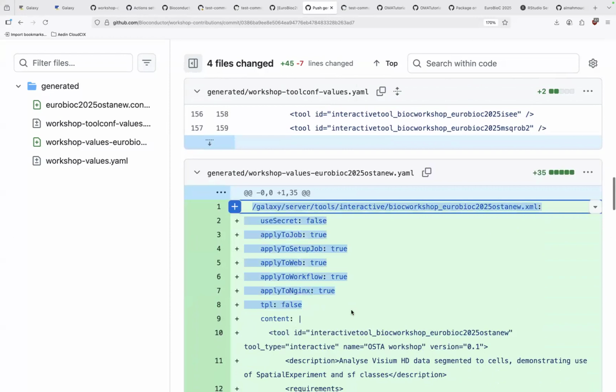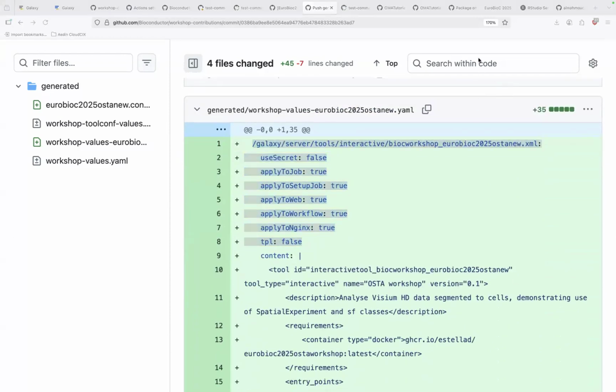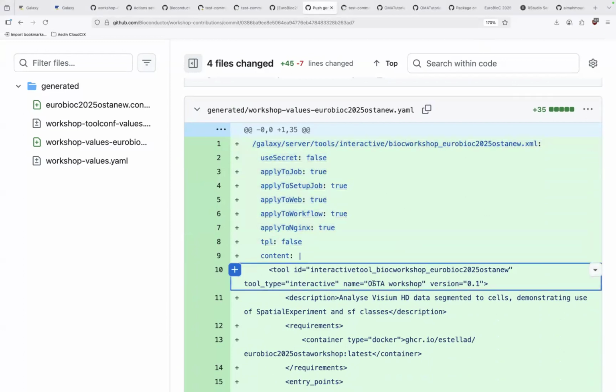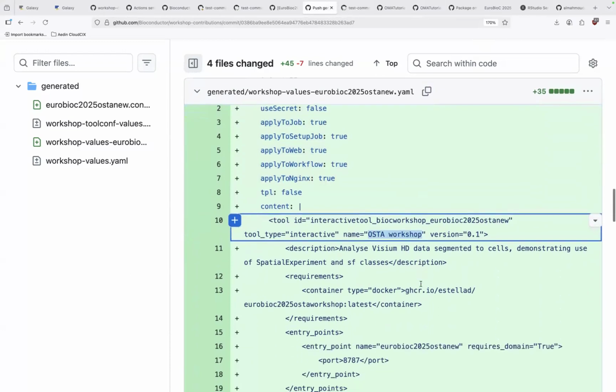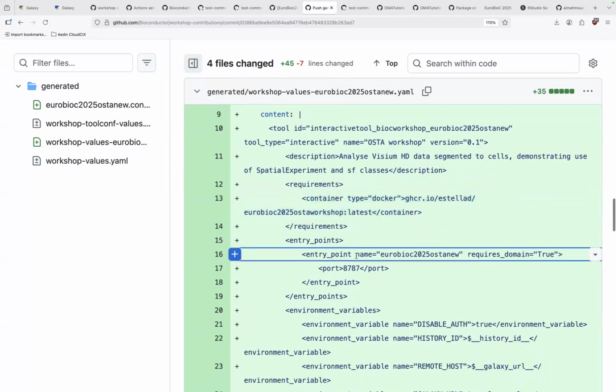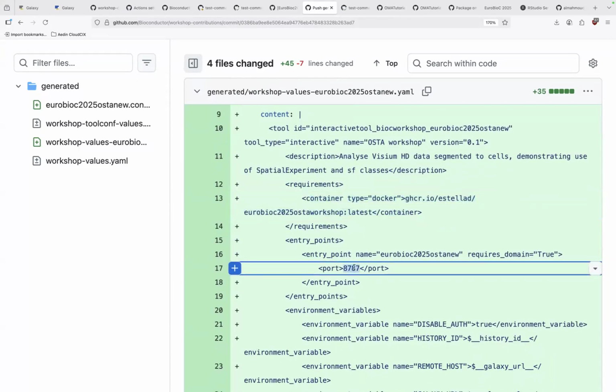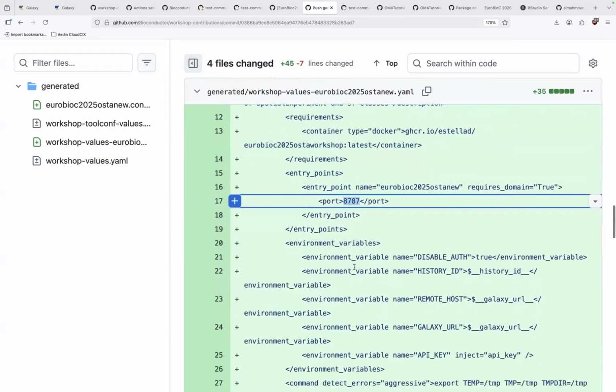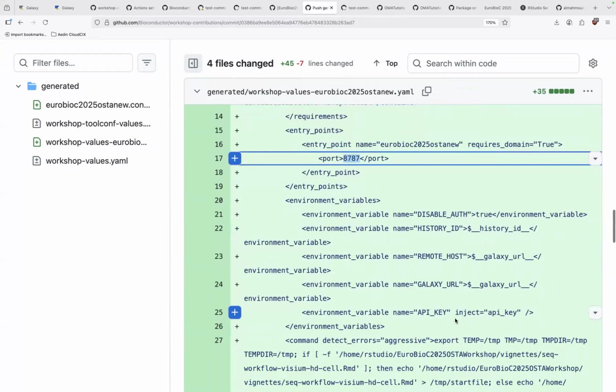This creates the actual wrapper. Each tool in Galaxy needs a wrapper to define what container it's running, what port to expose, and the name, which is what's showing up in the user interface. So everything from that command in the comment is being translated to this XML file for Galaxy. There's the container, there's the port 8787, like we showed in the localhost, because ultimately it's just running the same container, the same way that we were running it as localhost earlier, but running it through Galaxy. These are some environment variables that get injected automatically that are not currently used here, but in the last portion of this,